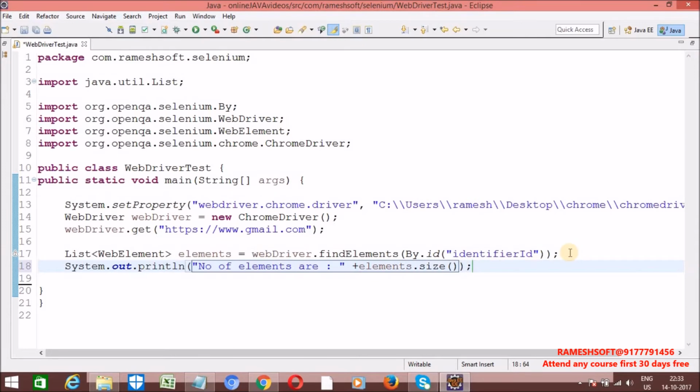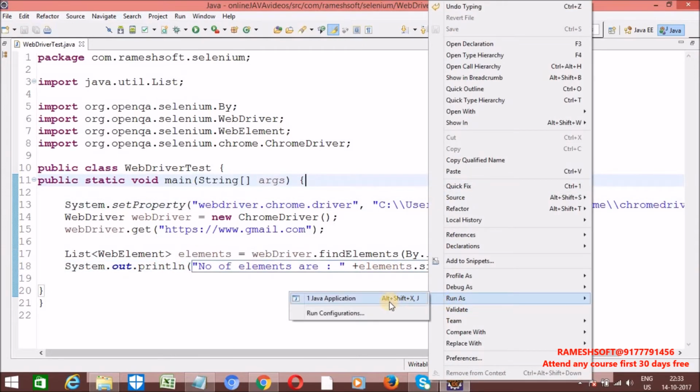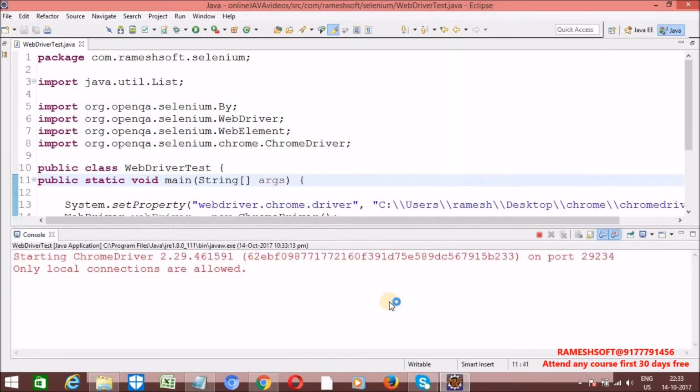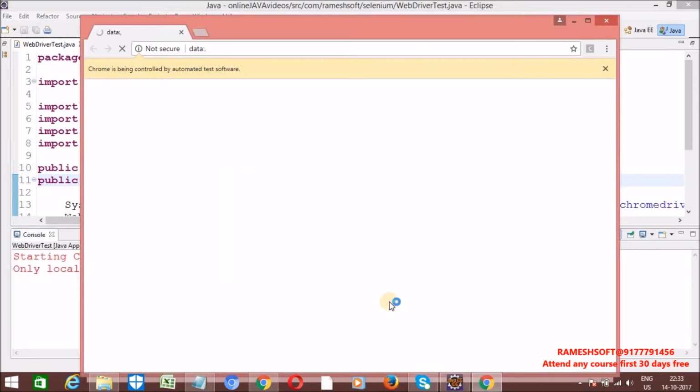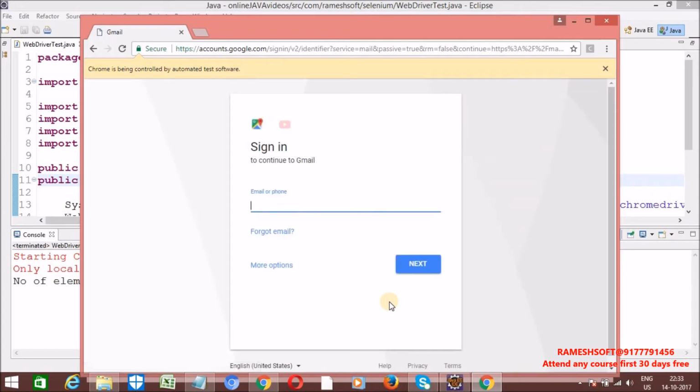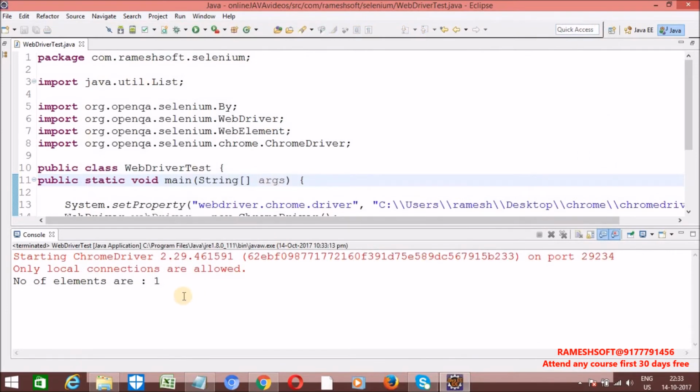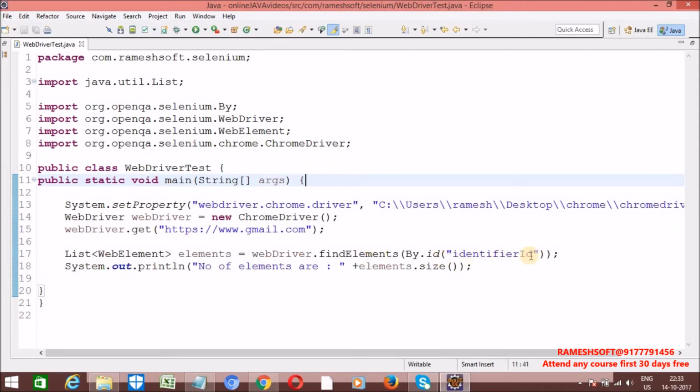Now see here, let me run it. Right click, run as Java application. Now see here what happens. It's going to identify all the elements with id and it returns all the elements in the form of list. Why does it return all the elements in list only? Why can't it be set, map, hash table? We'll talk more elaborately in the coming videos, boss. Once I've done the collection framework, I'll link all those concepts into Selenium, how we can use it. Now see here, how many elements are there? 1. Now I am giving